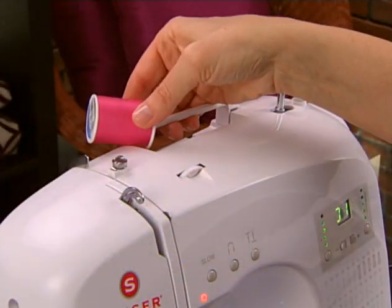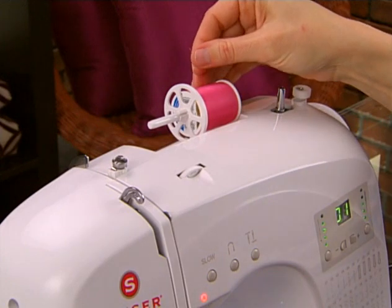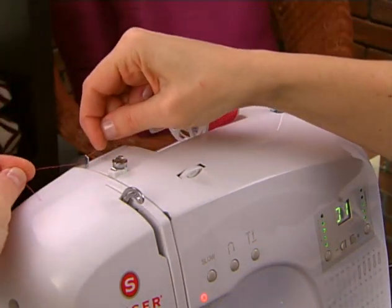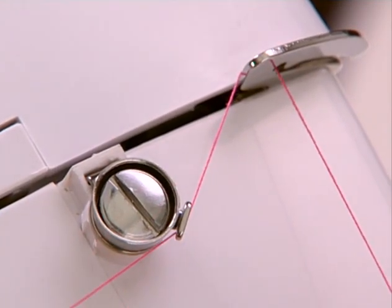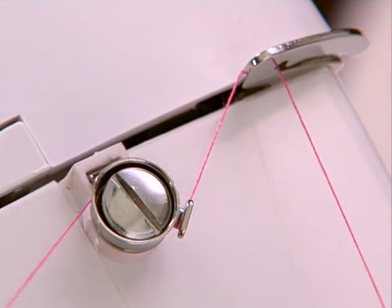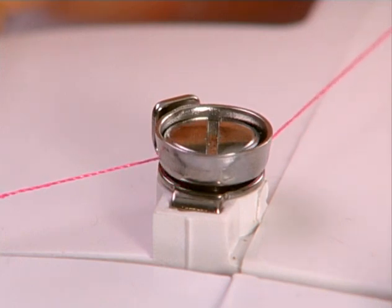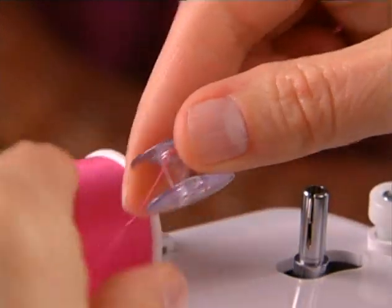Place the thread spool and spool cap on the machine. Bring the thread into this guide. Slip the thread first between the finger and the bobbin winding tension disc. Then wrap it counterclockwise, making sure the thread is pulled securely into the bobbin winding tension disc. Put the thread end into the bobbin. Place the bobbin onto the bobbin winding